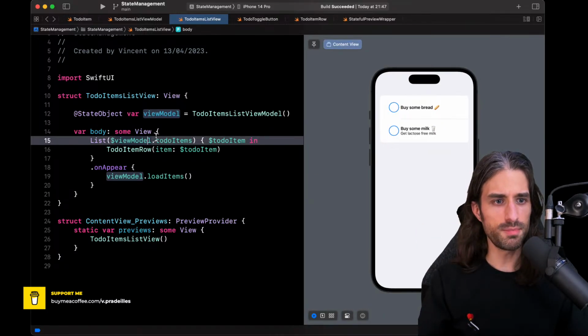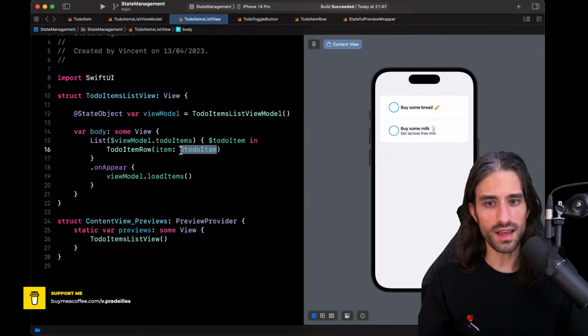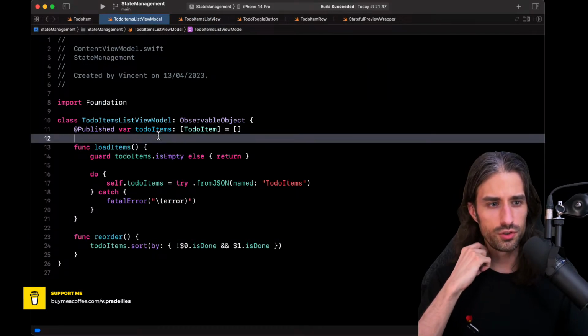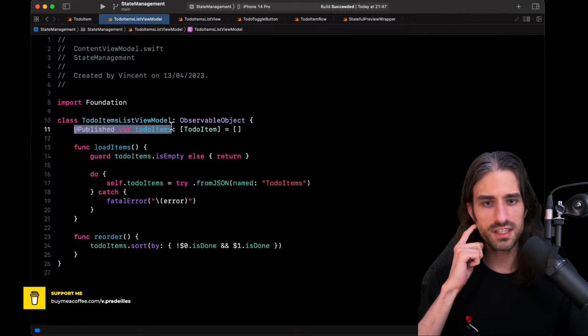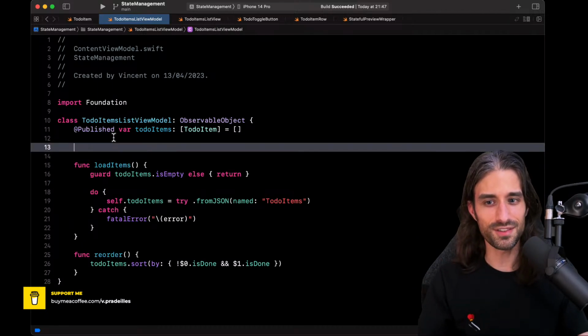Okay, so it's back to working, and I want to be able to catch the fact that this item has been changed to update something inside my view model. And a way that we could do it is to rely on the fact that since this property is published, we should be able to get a publisher from it. However, if we do it like that, yes, I'm trying to show you all the ways that don't work, because there is an issue.